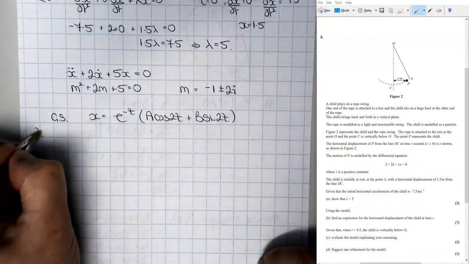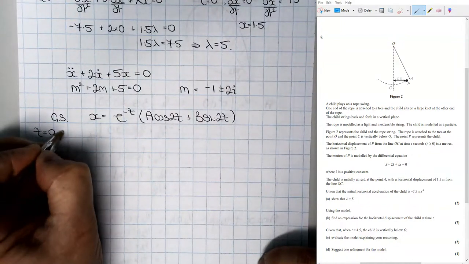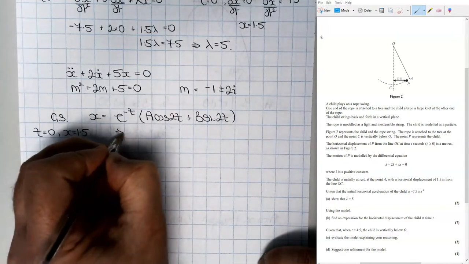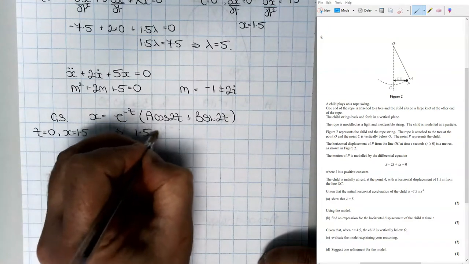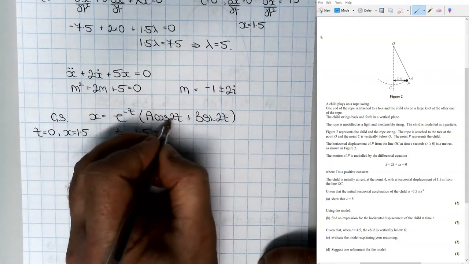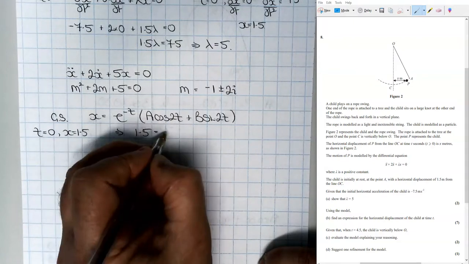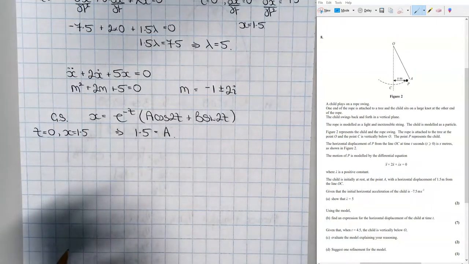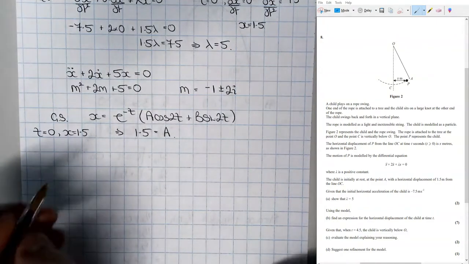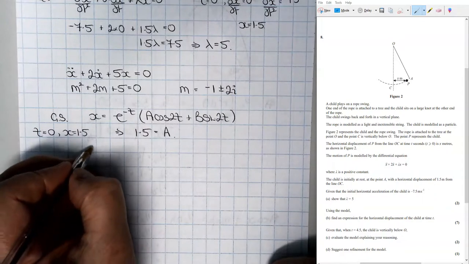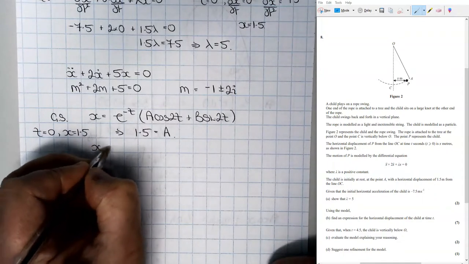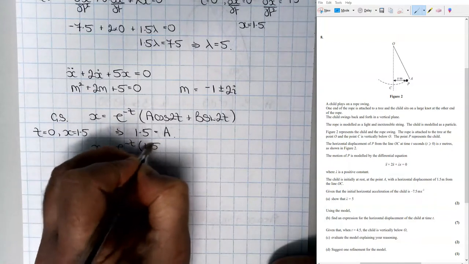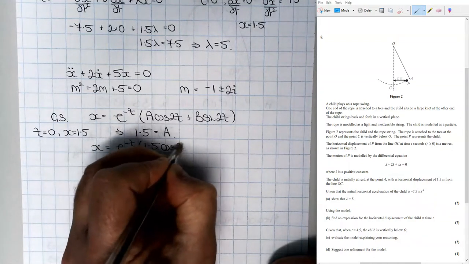We know when t equals 0, x equals 1.5. So that implies 1.5 equals a, since cos of 0 is 1, so it's just a. So we've got a is 1.5. So we've now got x equals e to the minus t, (1.5 cos 2t